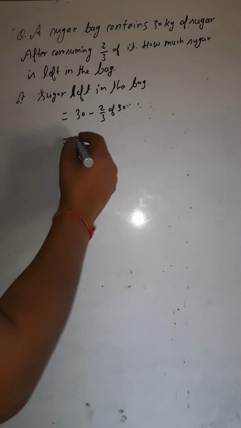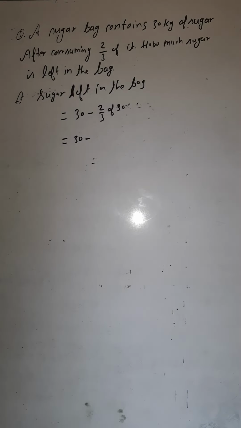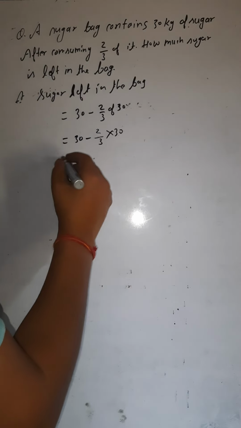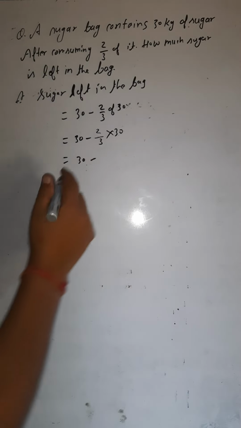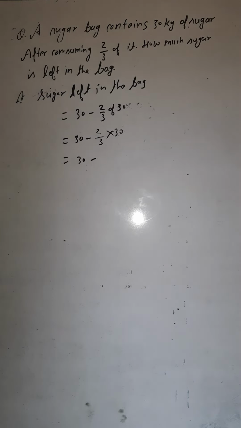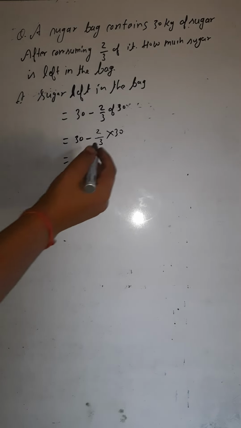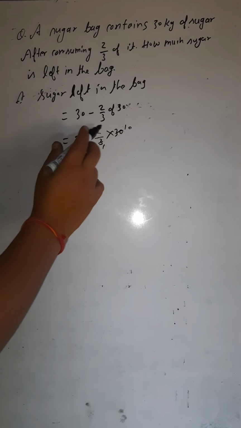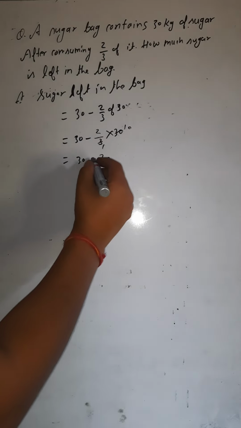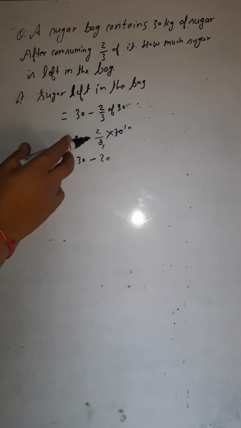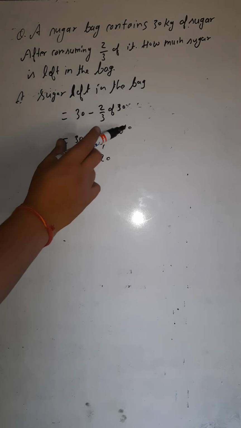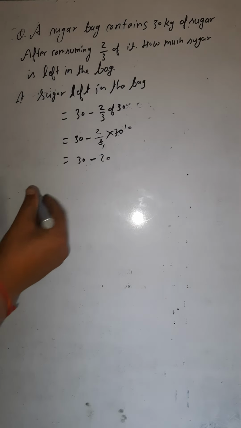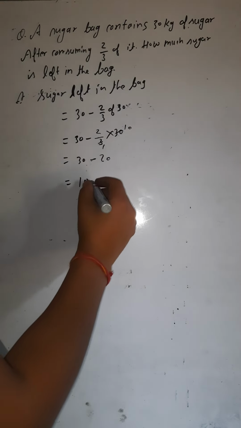So you would get your answer from here, 30 minus 2 by 3 of, which means multiply, 3. So it would be 30 minus. First you can cut here also. 3 ones are 3 and 3 tens are 30. So the answer would be 10, 2 tens are 20. Look here, first you have to multiply. Okay, don't subtract it. 10 twos are 20, and downside only 1 is left, so you can leave it. So the answer would be 30 minus 20, which is 10.